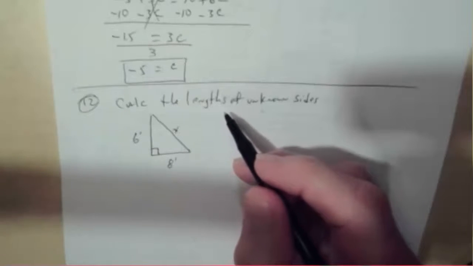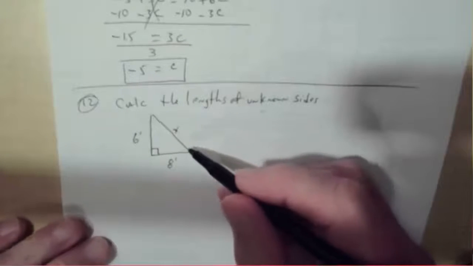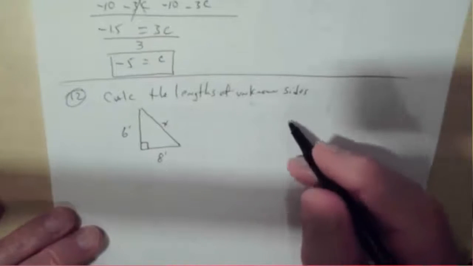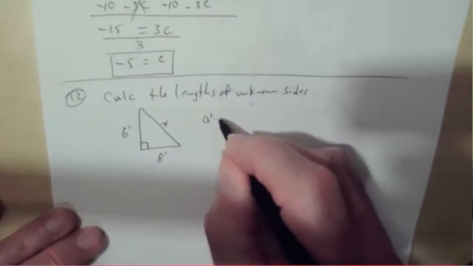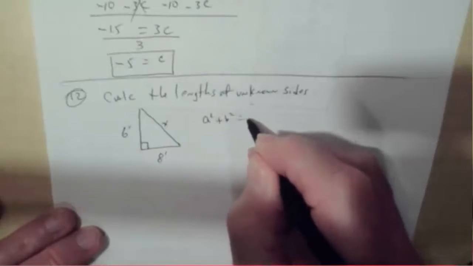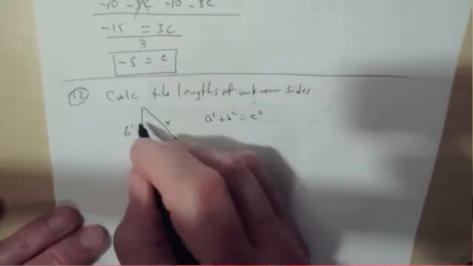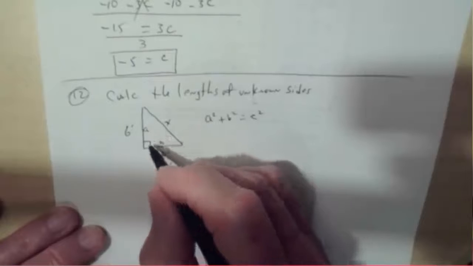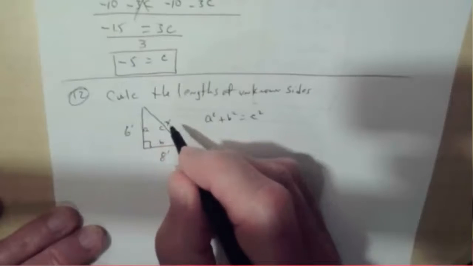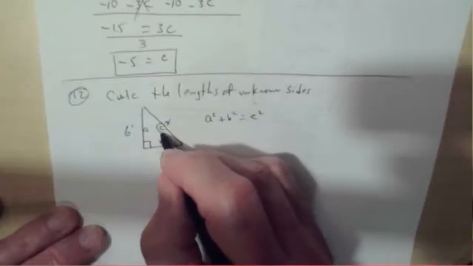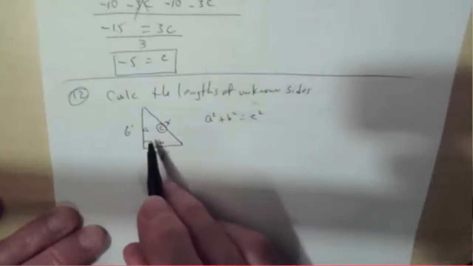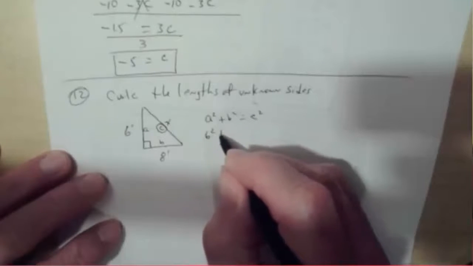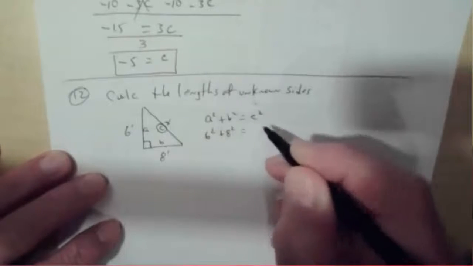Remember, when you have a right triangle, the first thing you think about is that old Greek guy. And boy, was that boy ugly, too. So we have a squared plus b squared equals c squared. Pythagorean theorem. This is a, this is b, but that doesn't make any difference. But this, the hypotenuse, has to be c. The two, these are called legs. The two legs, it doesn't make any difference. So a squared is 6 squared plus 8 squared equals,